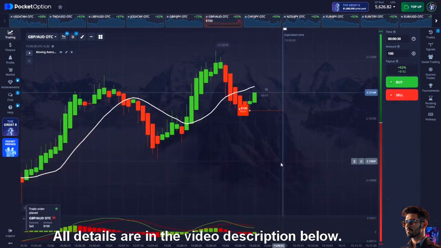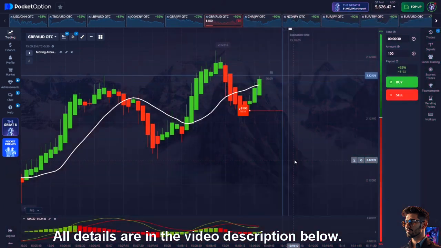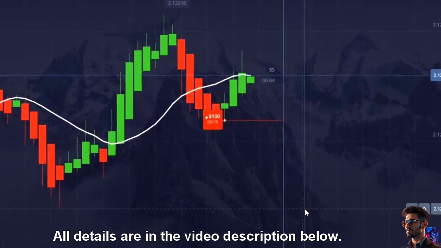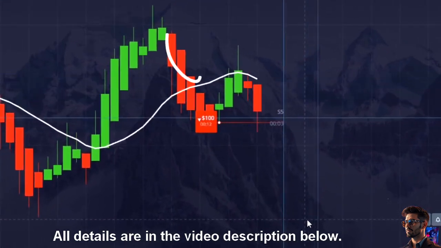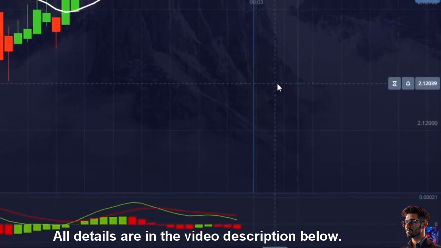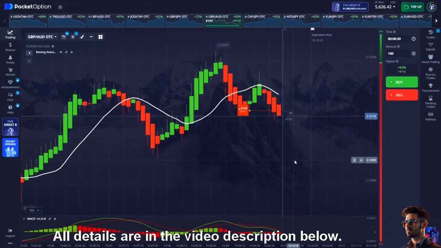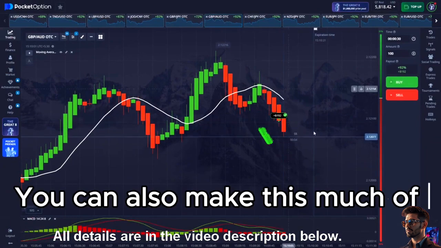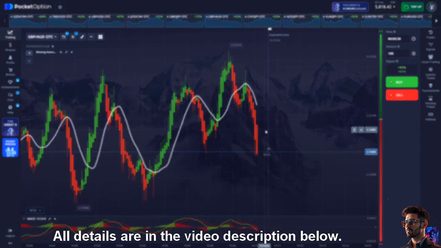Okay, here, we have taken a trade for the down direction, on the same market, for 30 seconds as our last trade. We took this trade because the market crossed the white line of moving average in the downward direction, and the MACD also crossed at the same time, so that is why we took the trade. Our last trade is also a 100% win. You can also make this much profit if you trade with patience. We started with the amount of